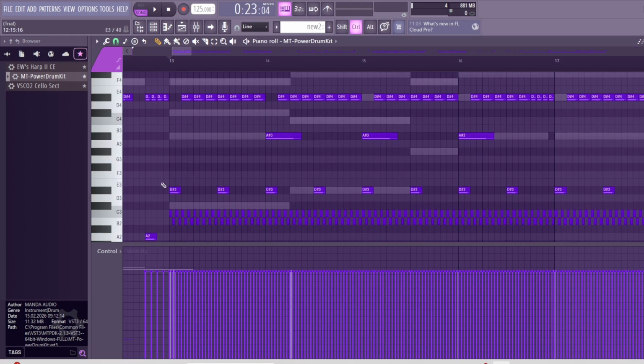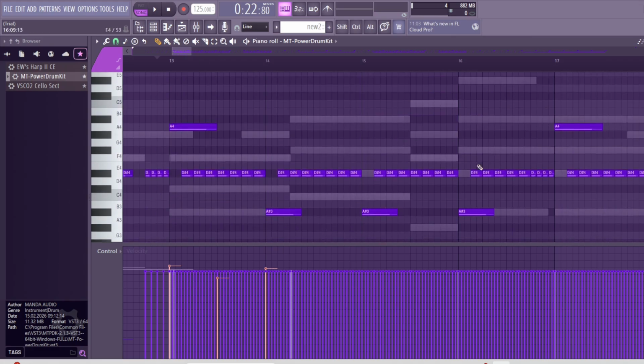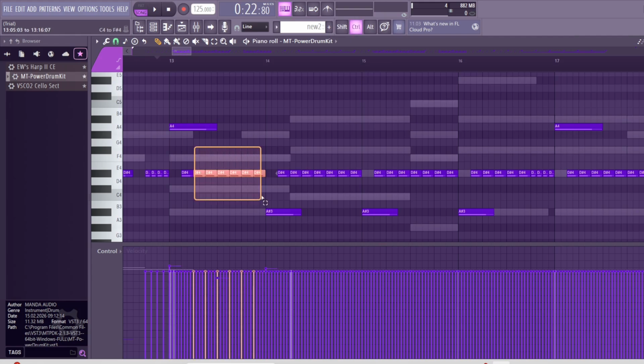For example, when you have snare drums, you should play around with their velocity to make them sound more realistic. Because it's kind of impossible to play drums and keep the same velocity at every note. You should also do the same with other parts of the drum, like crashes or tones.